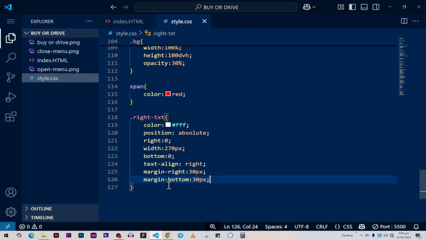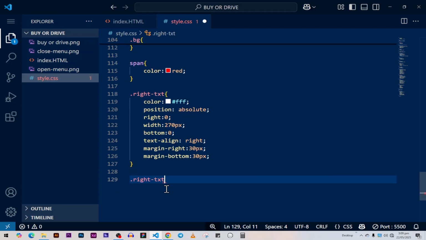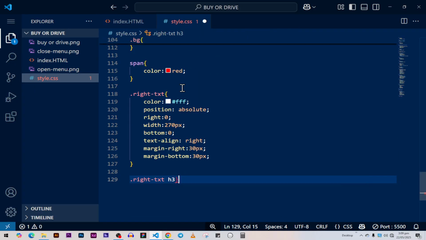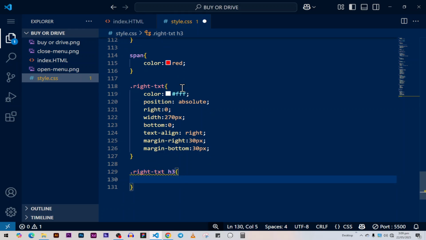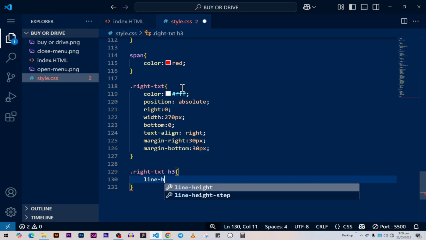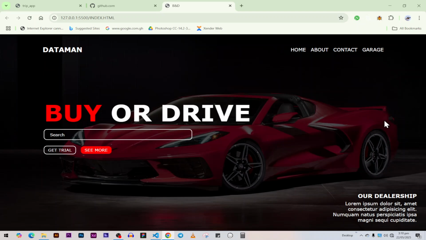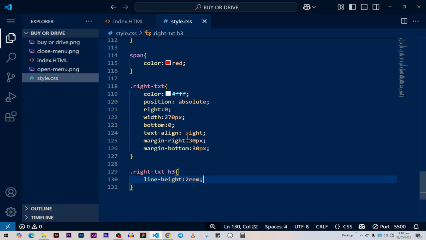And then the H1. The text right. Add the text right. And then we are targeting the H3. Let's target the H3. Open the curly braces. So let's give it a line-height. Let's say 2 rem. Okay. That will be better, right? With this, and the margin right, we want to give more space. The margin right for the text should increase more because